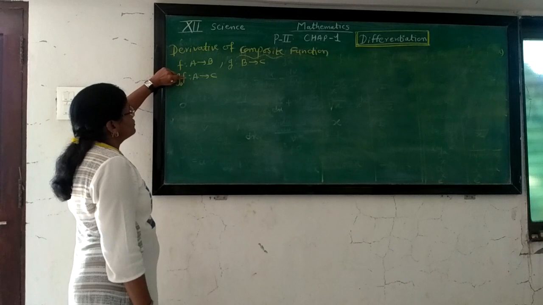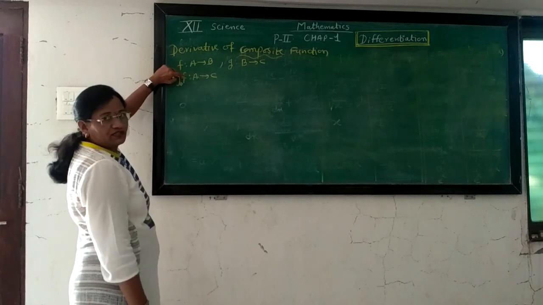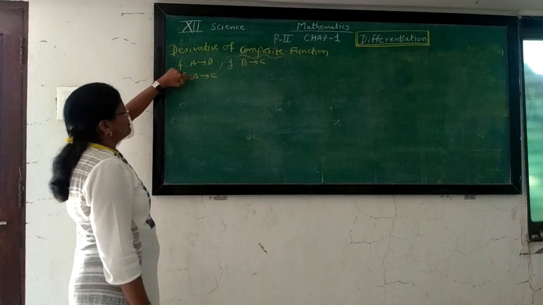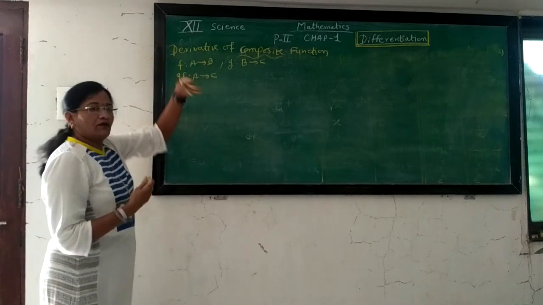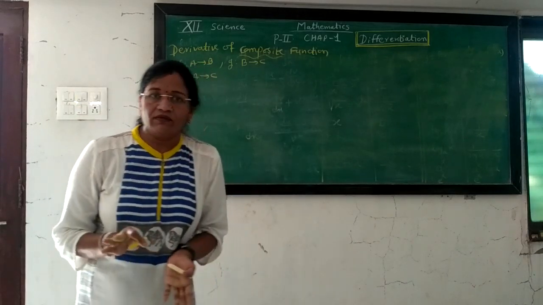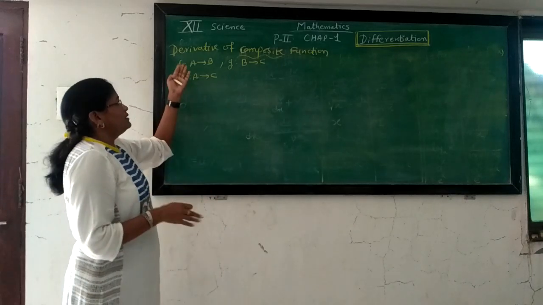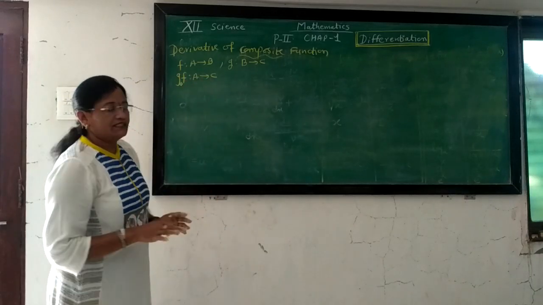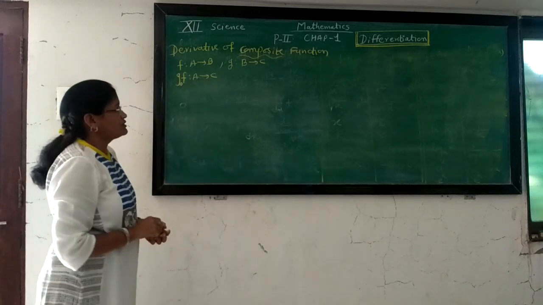Here we take the codomain of the first function and the domain of the second function. So G composite F can be defined from A to C. If you take domain and codomain as subsets of the set of real numbers, that means a real valued function, at that time you can easily define F composite G and G composite F. But for this case, you define here G composite F.